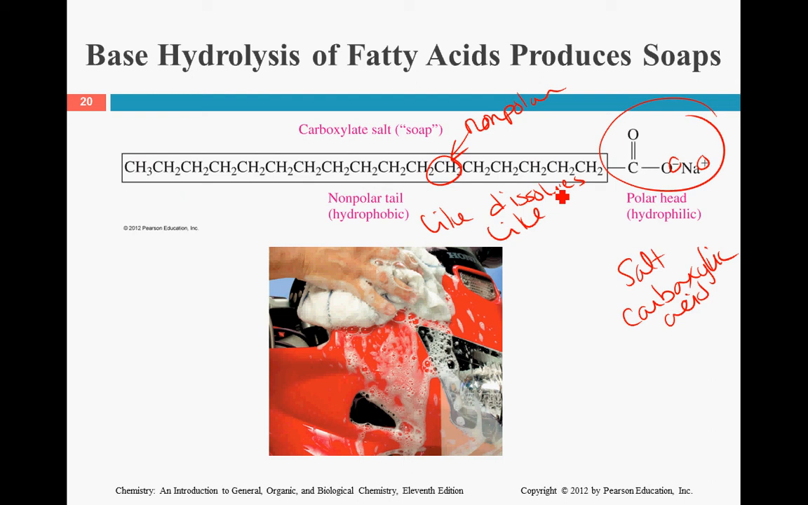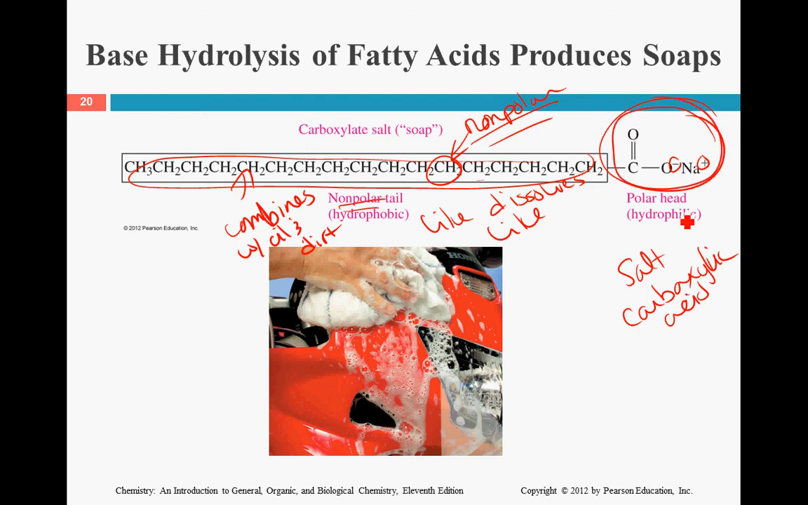Well, the oil and dirt on our skin is also nonpolar. So what's happening is this tail, they call it the nonpolar tail, is reacting with the oils in our skin and the dirt in our skin. Or in this particular instance, I think that's supposed to be a motorcycle. And so it's actually combining with the oil and dirt. And then when you're done scrubbing,